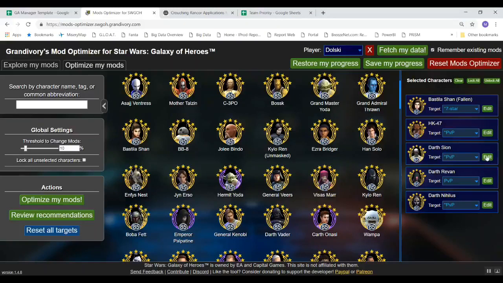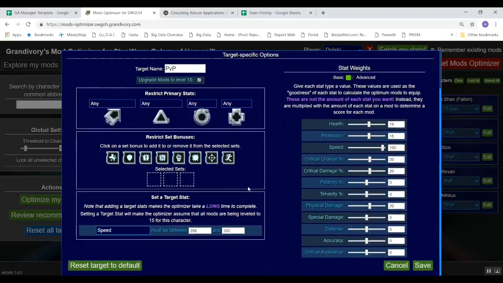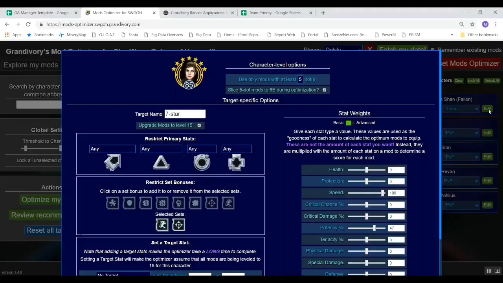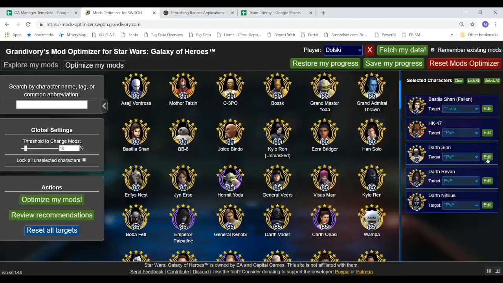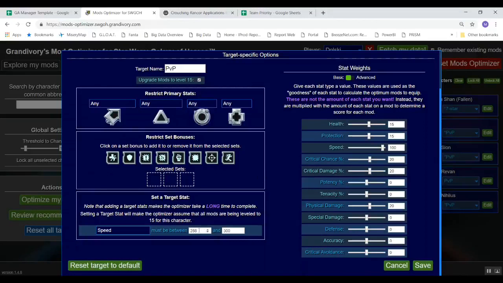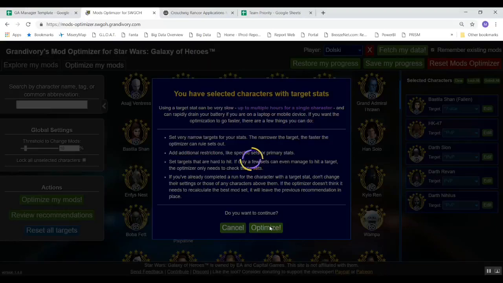There are some fantastic features in here where you can pick a specific speed range, right? Like I need Scion to go between 288 and 300. I want him as fast as I can get him, and I want Bastila really to be 1 speed faster, right? And so I initially, well, I'll just walk through how I came up with this, right? How did I come up with this bottom? When I optimized it the first time,